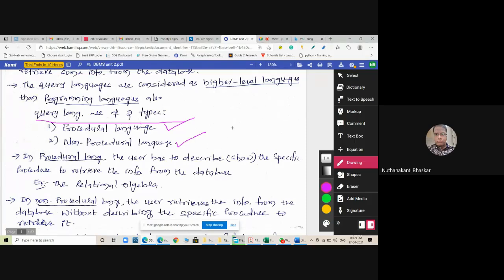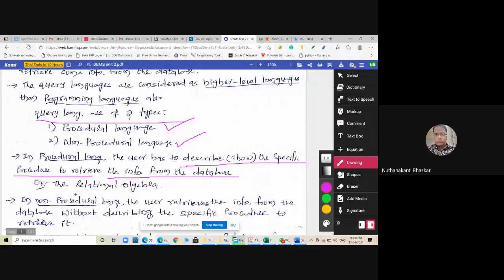One is the procedural oriented language, another one is the non-procedural oriented language. What is the meaning of procedural oriented language? The same meaning as I told. The procedural oriented language describes the specific procedure to retrieve information from the database. A procedural language has some procedure for how to access the data, a predefined procedure that everyone must follow, so that retrieval is faster, but you need to learn the particular procedures when you want to use this procedural oriented language.